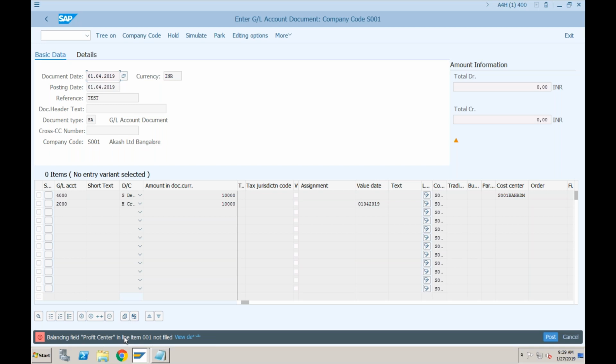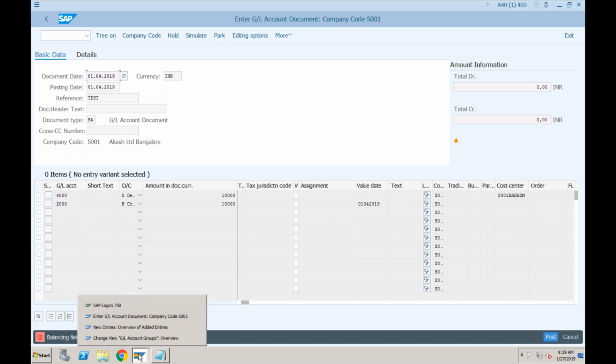Again, related to document splitting functionality, somebody has made profit center mandatory in the document splitting. Okay, and in our case, we have still not activated the profit center accounting, and that is the reason we are getting this error. So let's do one thing. Instead of going ahead with this transaction by changing the document splitting settings, anyways, we need to discuss about the profit center also. So let's do one thing. We will configure the profit center accounting. We will create some profit centers, and then this error will be automatically gone.